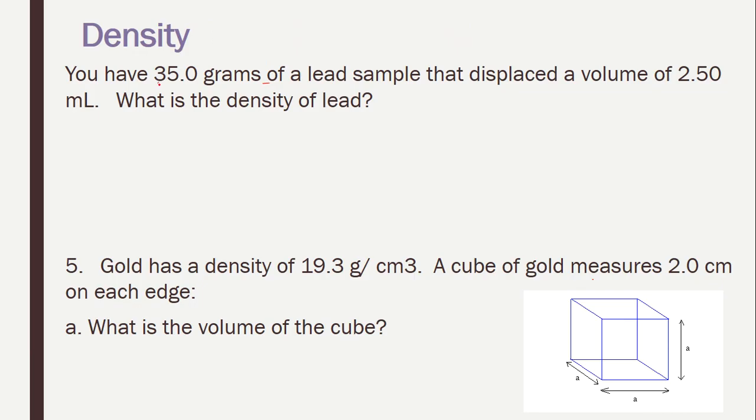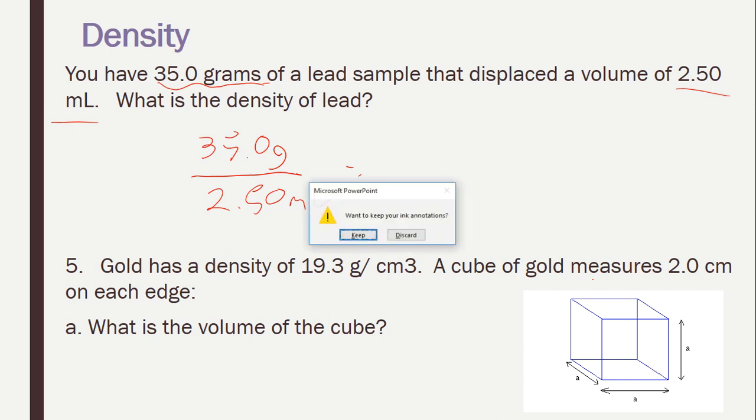Don't look there. We're looking here at the 35 grams as the mass. So 35.0 grams is the mass, and the volume is the 2.50 mLs. And that will give us the density. And 35 divided by 2.50, everybody knows, is